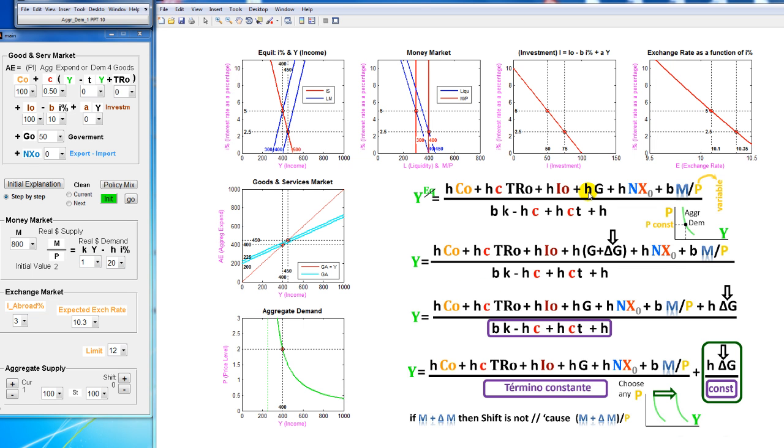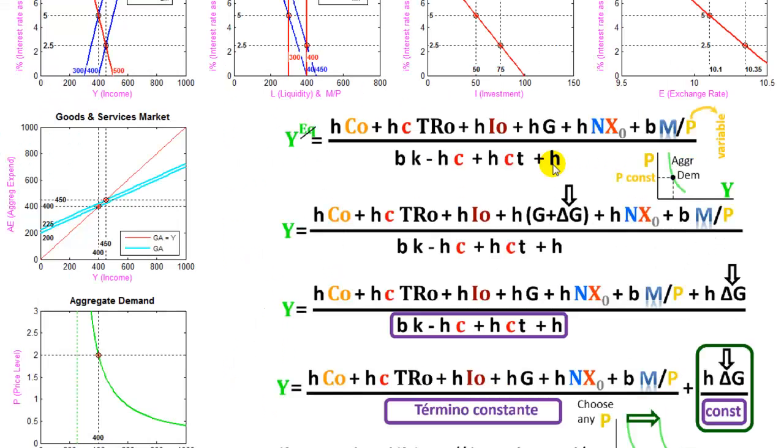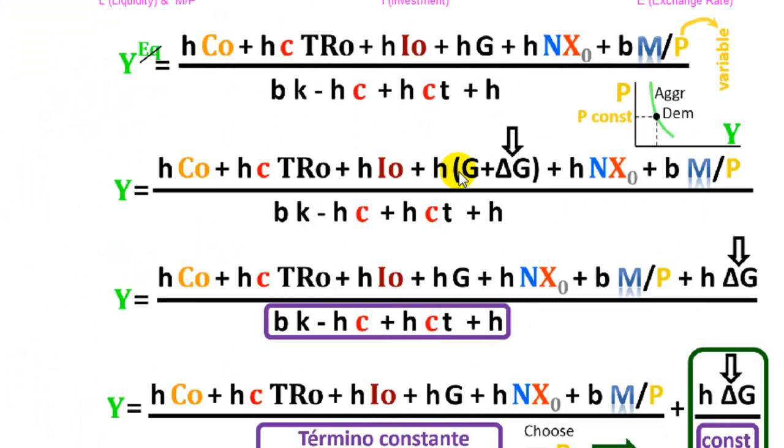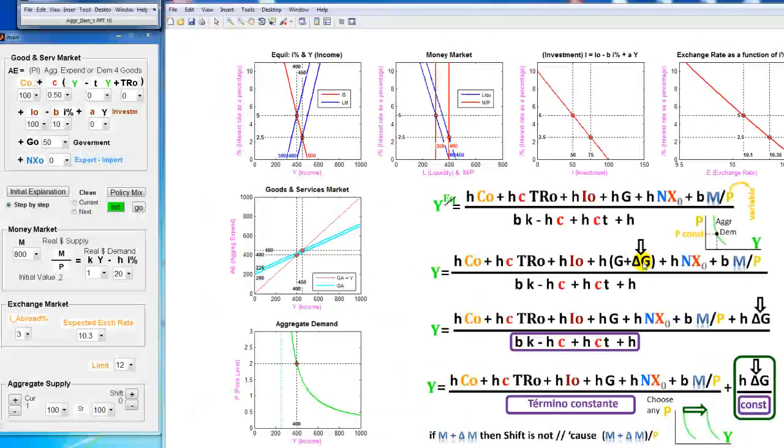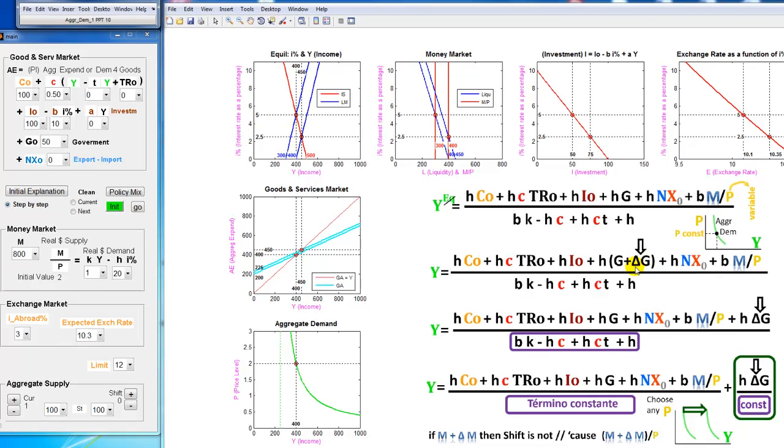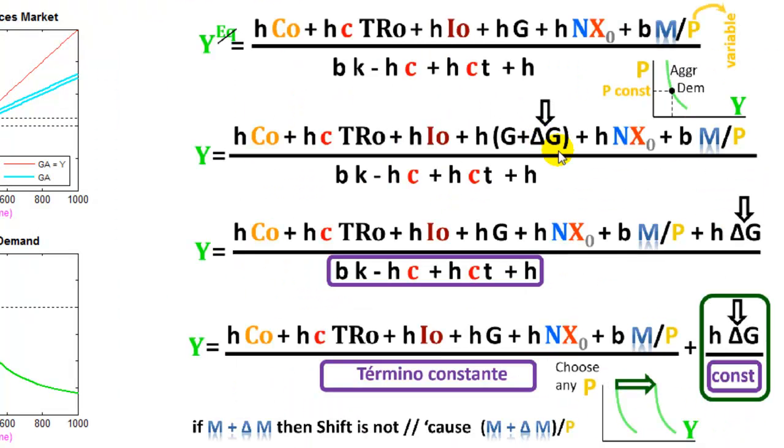If you increase government expenditure, then you pass from G to G plus an increment in G. We are going to see this when we increase G0 here. I'm going to show that in a separate video later, but the intuitive idea is